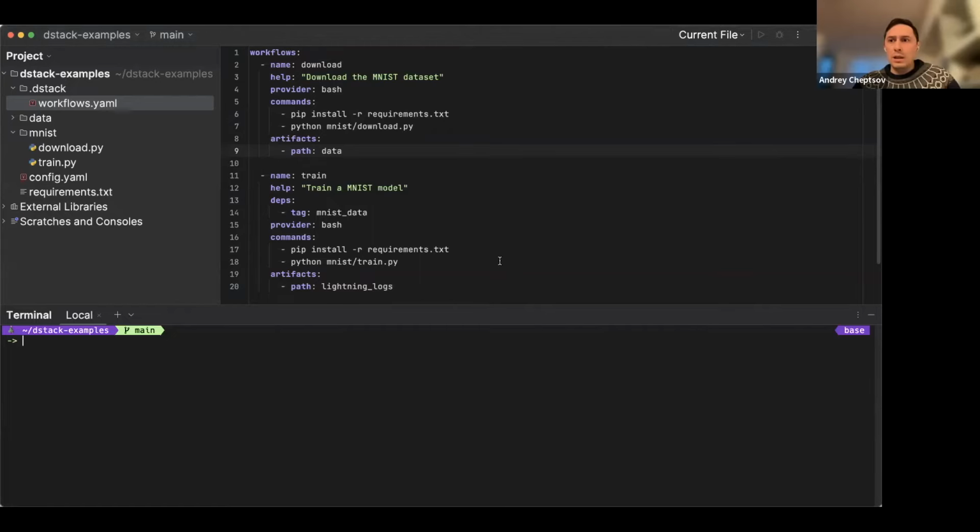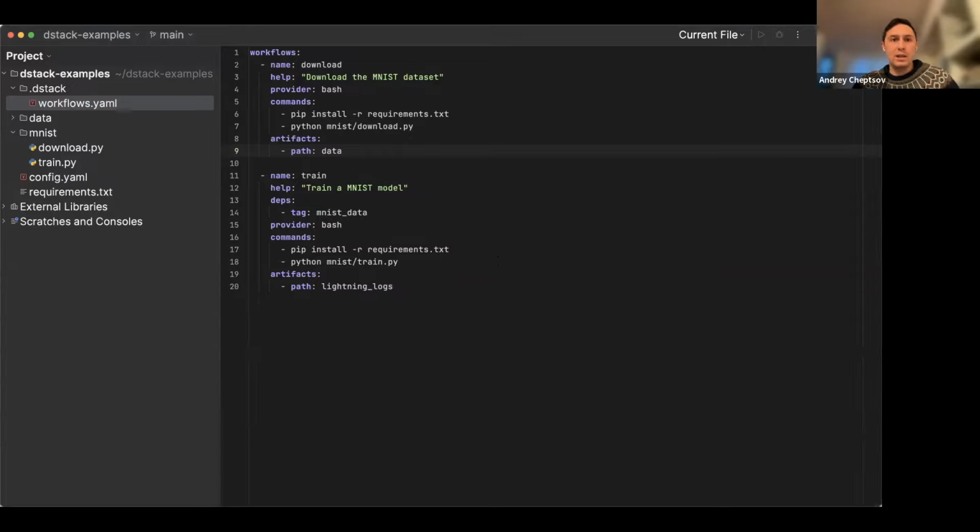let me switch to PyCharm. Here we go. Changing the screen I'm showing. Right. So now I think you should see my PyCharm, and what we have here is a